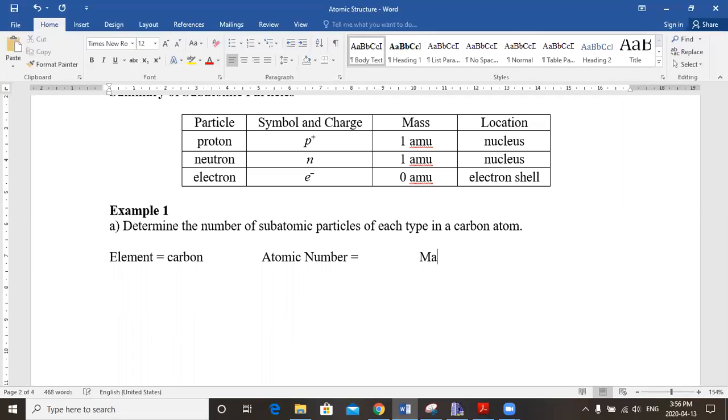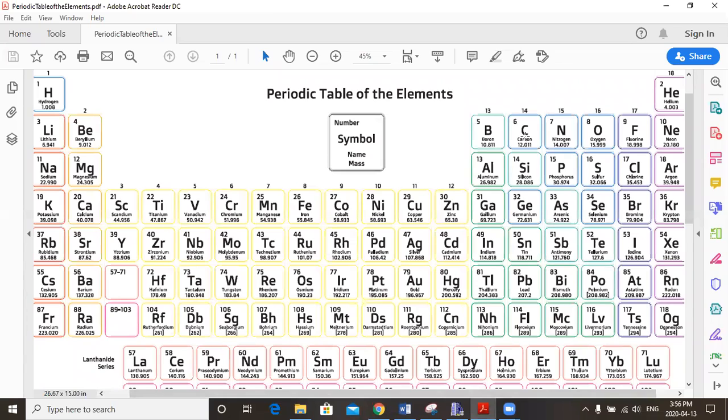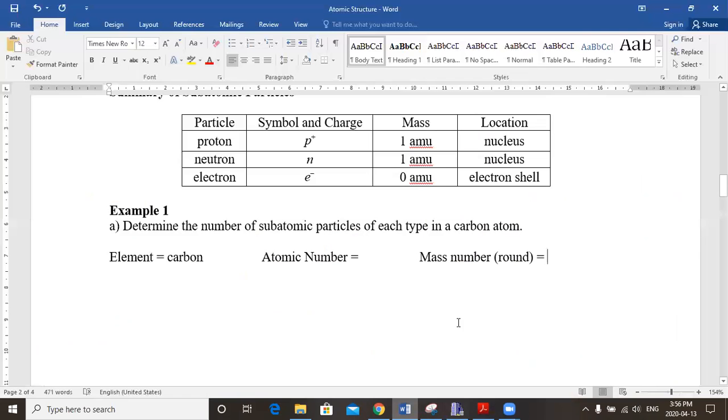And the mass number. We need to round to the nearest whole number. So we go to our periodic table and we find carbon. Carbon has an atomic number of 6 and a mass number of 12.011. So the atomic number is 6 and the mass number is 12.011, which we will round to 12. Again, we always want a whole number. So carbon then